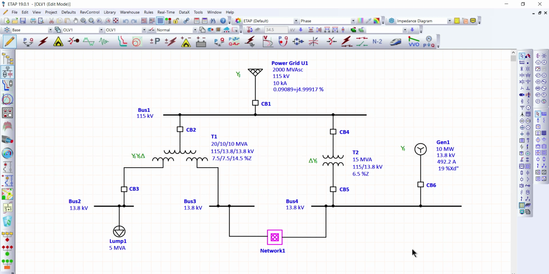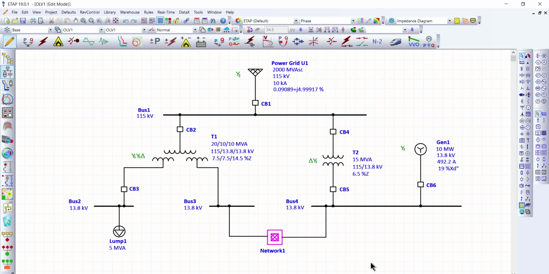Actually, for ANSI study, we have three impedance networks that are being used and formed to calculate momentary, interrupting, and steady-state short circuit currents. These are the 1/2 cycle network, the 1.5 to 4 cycle network, and the 30 cycle network. For the 1/2 cycle network, this is the network used to calculate momentary short circuit current and protective device duties at the 1/2 cycle after the fault. These are the type of